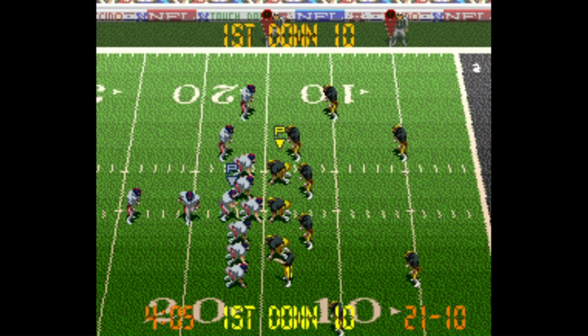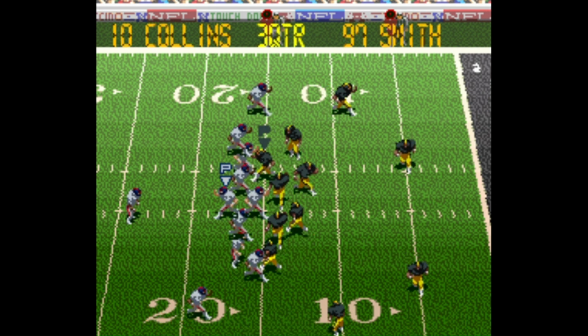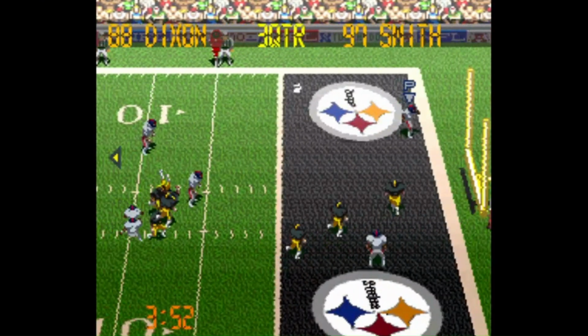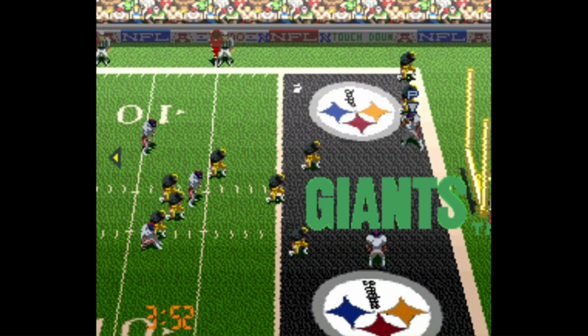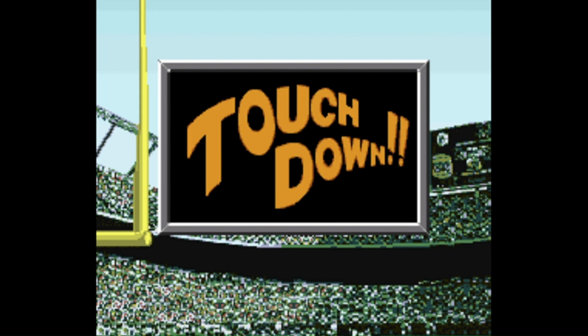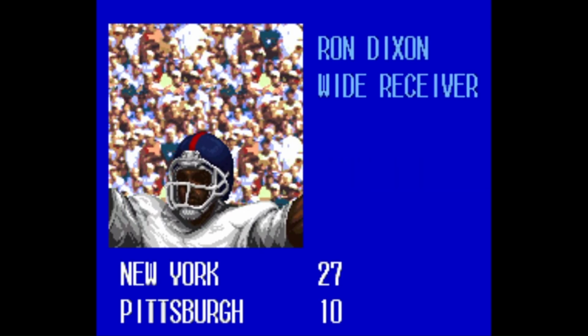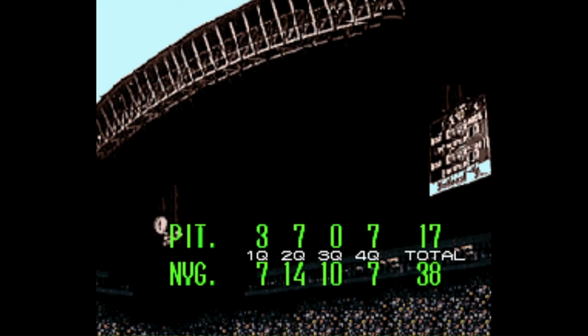And the Giants have been in control of this one. They lead 21-10 in the third. Play action. Kerry Collins throws to Ron Dixon. Gets his feet down in the back of the end zone for the touchdown. The Giants' offense in this season's Imperialism has been a little stop and start, but they were all over this one. They go into Pittsburgh, lay it down on them.